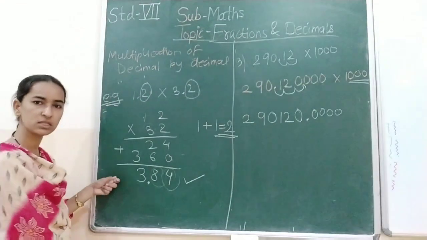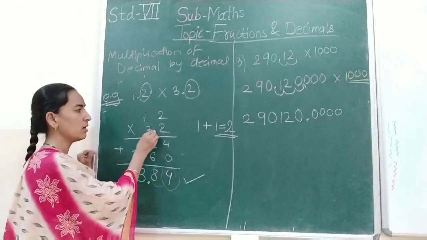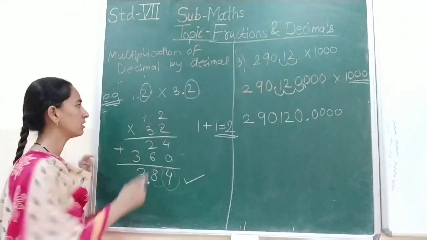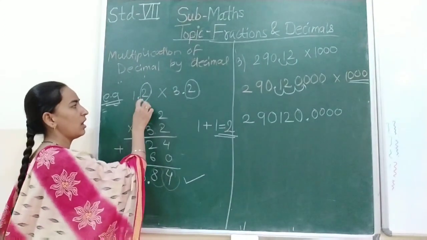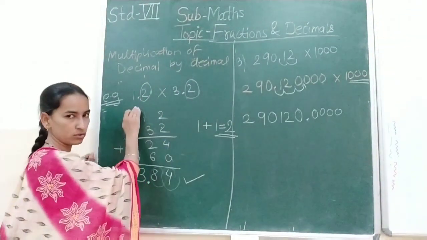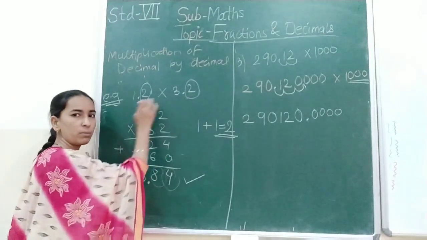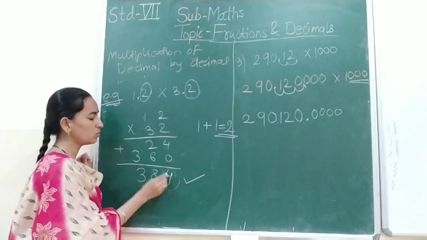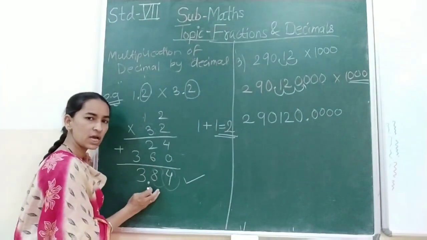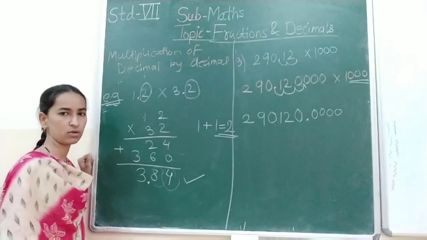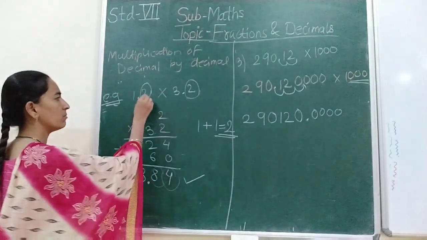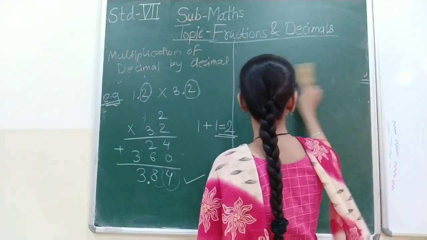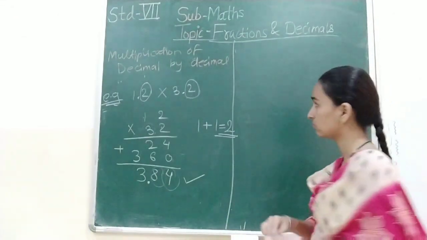3.84. Understand this? First step will be the same. Multiply without decimal. Then after decimal, how many digits in both? Okay, here is 1, here is 1. 1 plus 1, 2. So leave 2 decimals from the right side and give the point. Okay, what will happen if the number is, suppose I am taking another example, in the decimal with decimal.